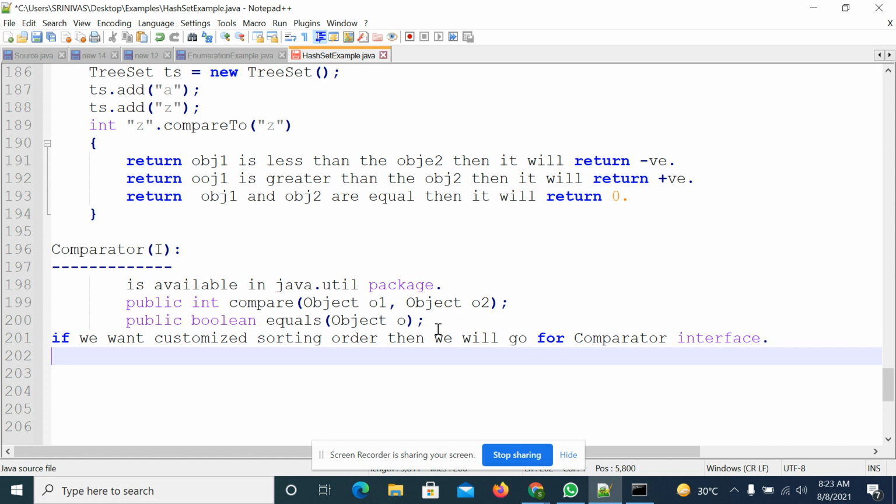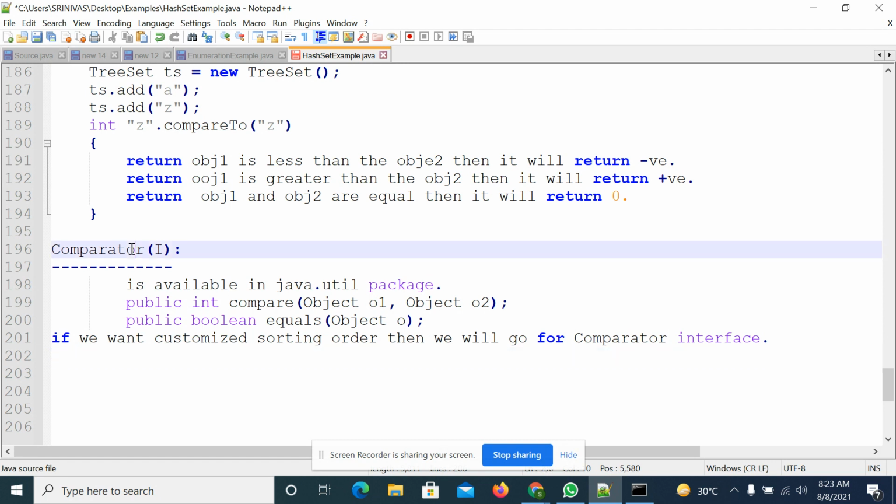When we require a customized sorting order, and a class is not implementing the Comparable interface, we'll see with some examples how to implement it.